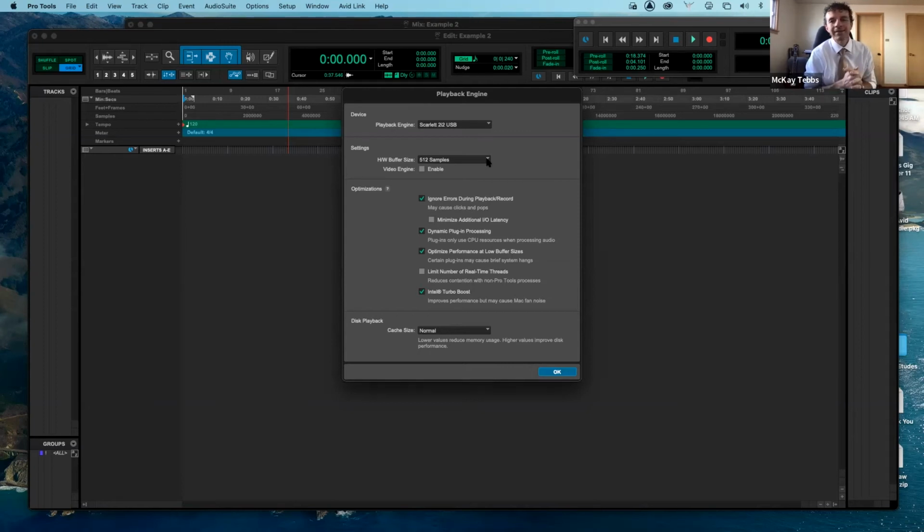The result could be latency. So the audio signal is not in line with where it should be when you're listening back, and that can be kind of frustrating. So a good rule about the latency, if you're experiencing that, you come here to the hardware buffer size. When you're recording your project, set your hardware buffer size low, so like 64 samples or maybe